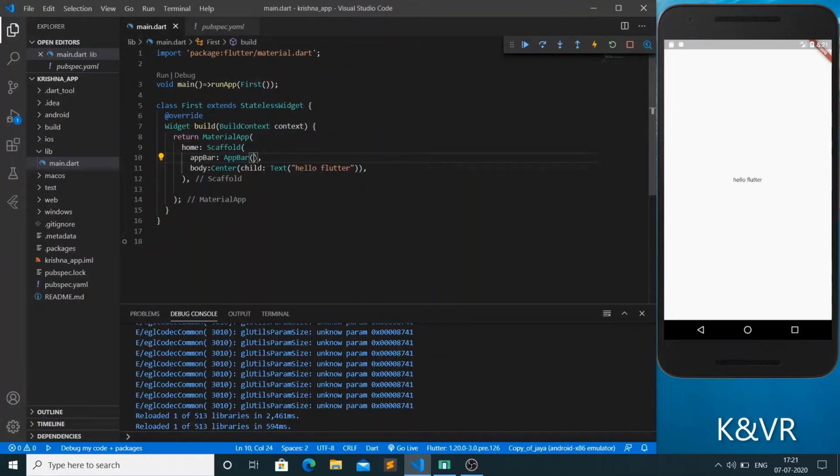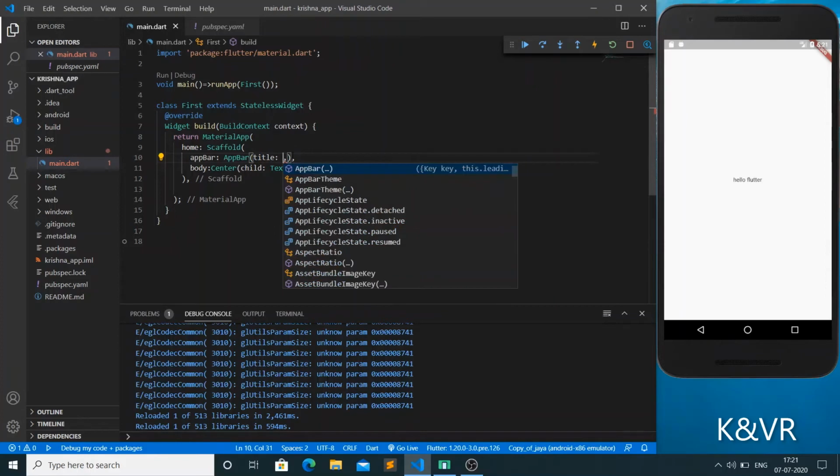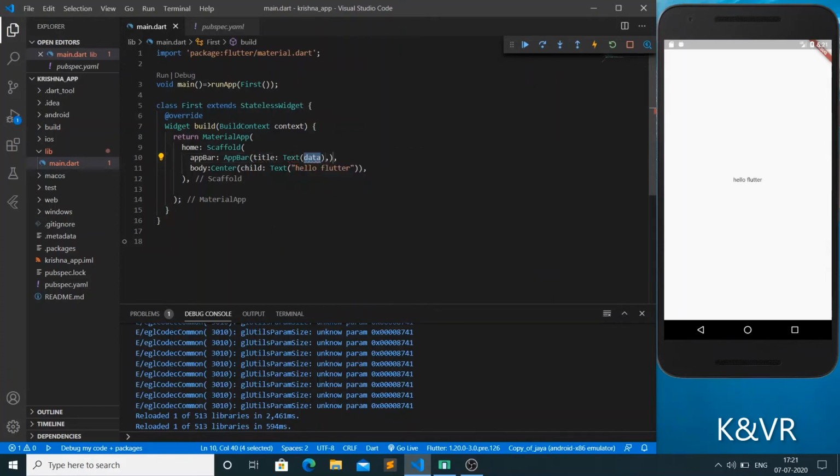For that app bar we are giving the title in the form of text, the first app. Let's see the output.